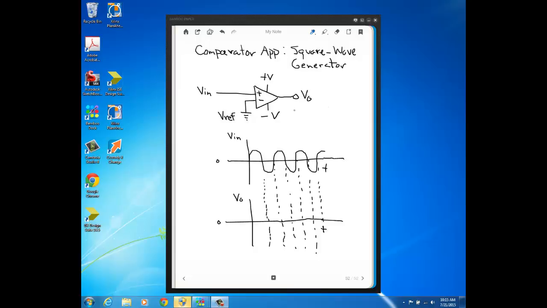So we could just quickly write that down here at the side to remind us that if Vn is greater than V reference, Vout is plus V. And then if we have the other case,